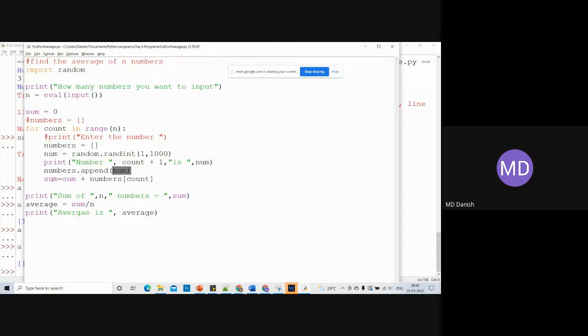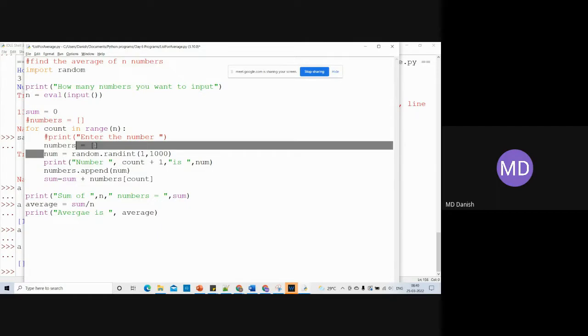Next time in the loop, it is empty again, so it will again ask for a random integer, again insert this, and add it here. In this way, this will also work. I am not saying this will not work, but at the end of the loop, if we try to print the list,